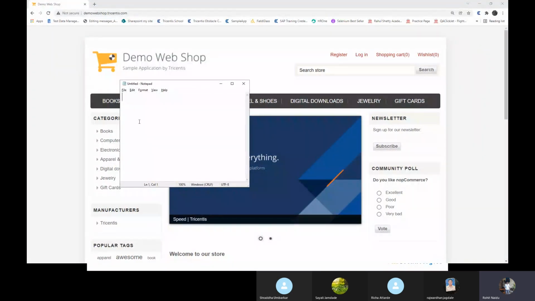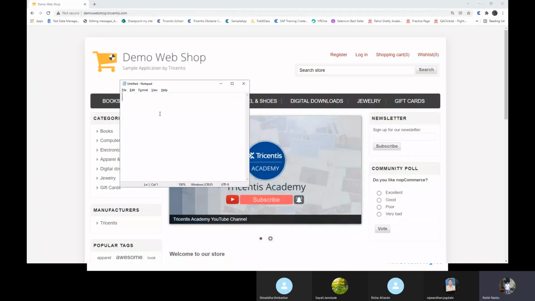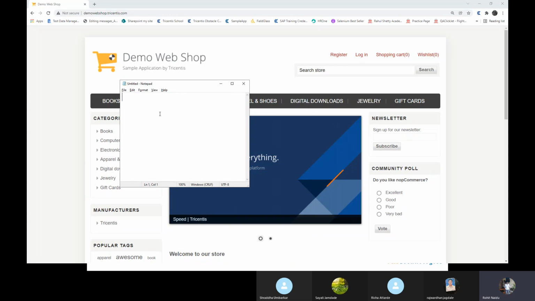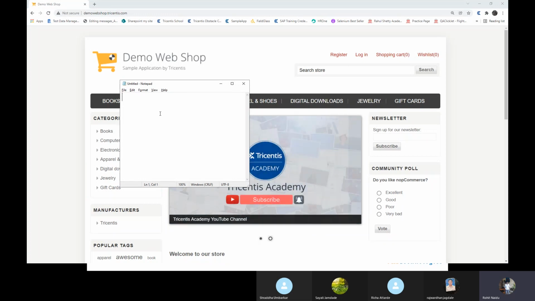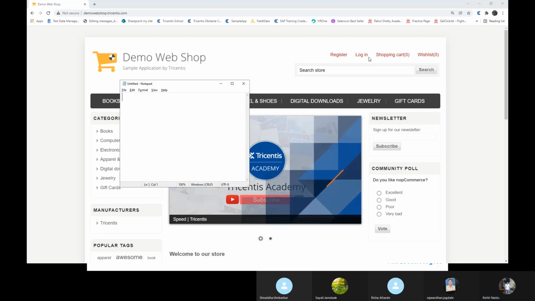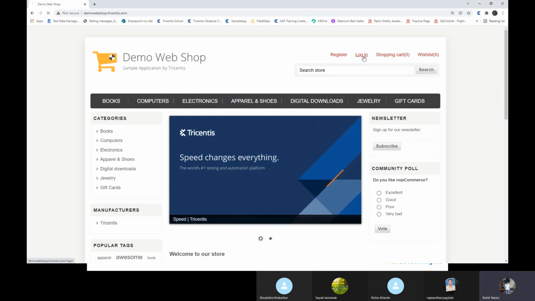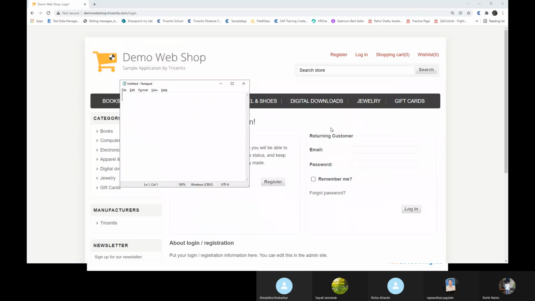I'm just writing a sample requirement, to show how a requirement looks and what the structure of a requirement is. Let's say they are asking us to verify, let's start with login.